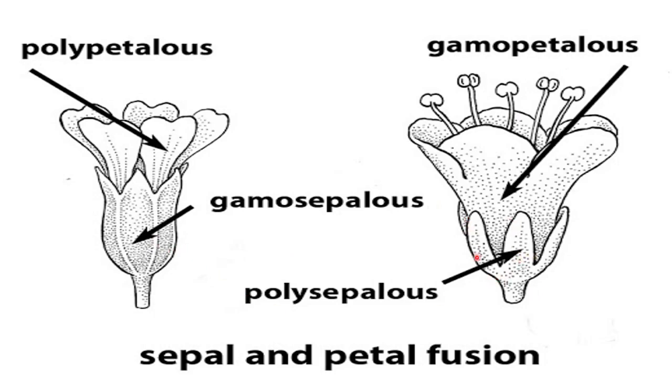And see here in this flower, these are sepals. You can say this is the calyx part. All these sepals combined are called the calyx. So these sepals are free, so this is called polysepalous. And in this condition you can see these sepals are united, joined together. So this condition is called gamosepalous. So this is the condition for free and united sepals and petals.